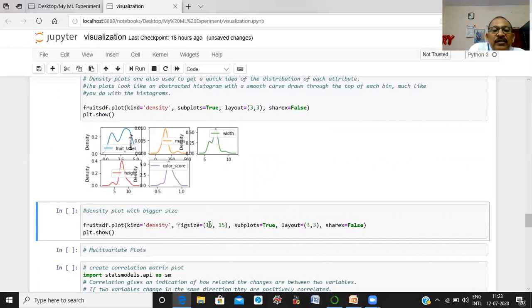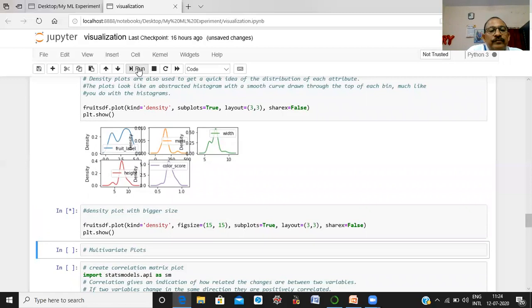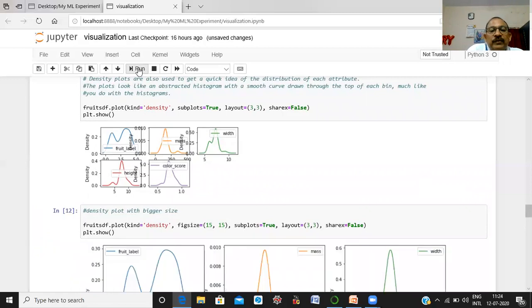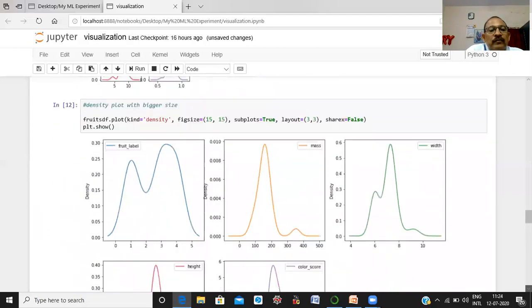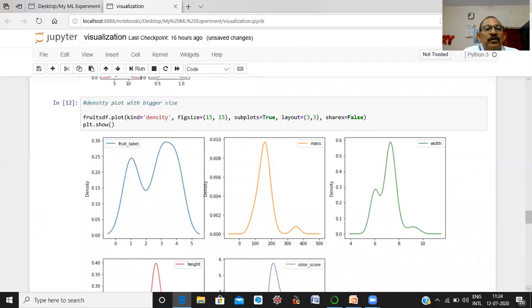You can change it to 10 comma 10, 5 comma 5, 20 comma 20, up to your requirement. This is the distribution of values of each attribute in your data set.